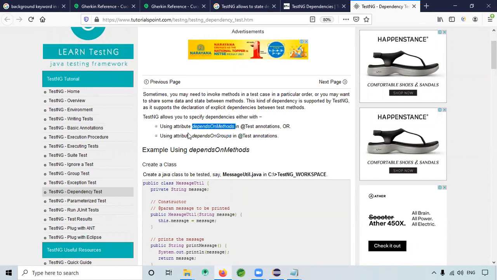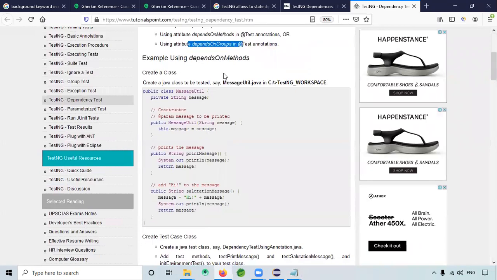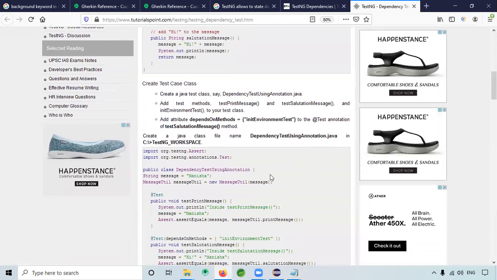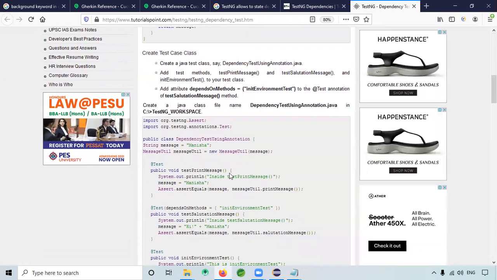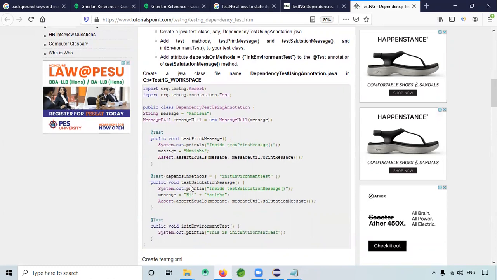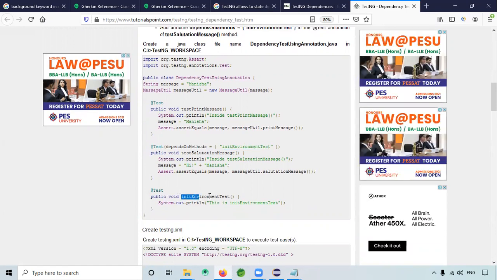Depends on methods, depends on groups, it seems. Depends on methods. Initiate environment test. Oh, okay. It depends upon the other method. So we will write there, like how you told just now for that